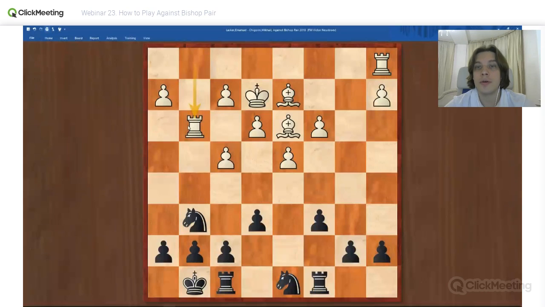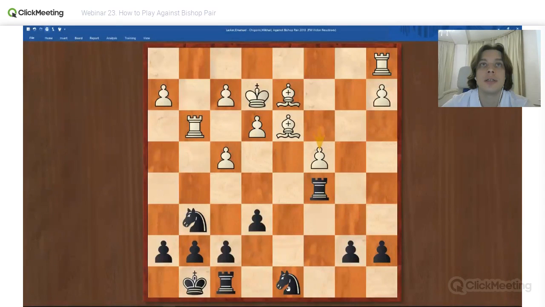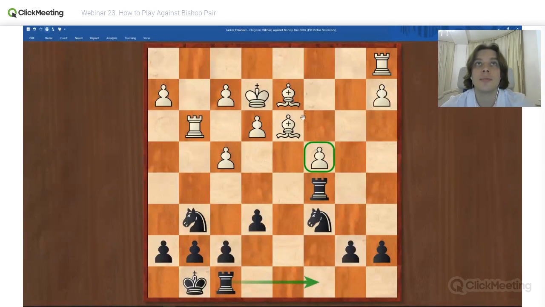c5. Okay, you also asked me, but what if white takes on c5? That's true, but d takes on c5 doesn't really provide white with any advantage. It's even in black's favor. For example, what then? Rook c5. Then, for example, c4 to activate the bishop, but knight c6. So then we double, trying to attack the c4 pawn, which is now the object of the attack. Yes, of course he can play bishop c3, but what then? He can't really play with this bishop neither to d4 nor to b4.